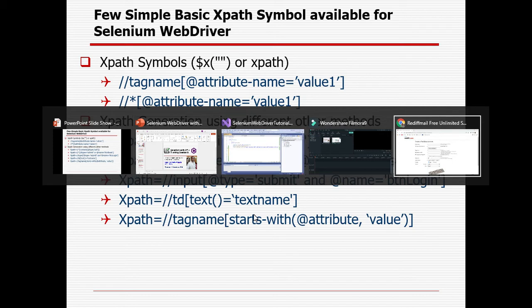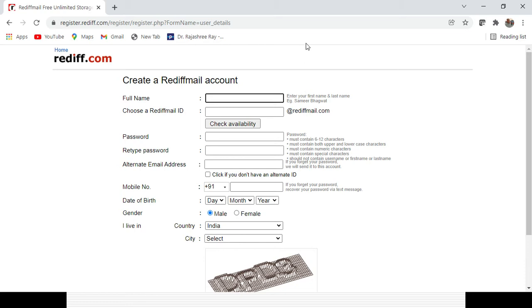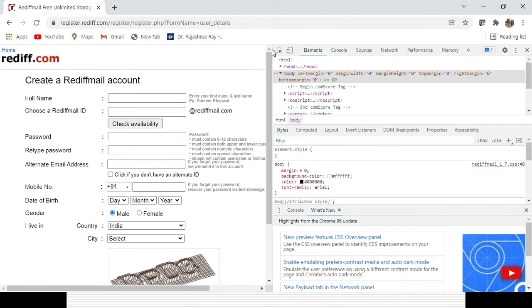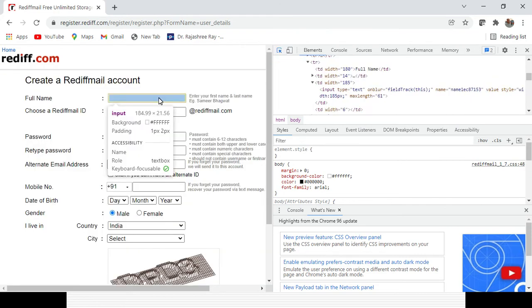Why, right? You could see this is the page. If you open the page and press the F12 button, you can create the XPath for any field. Let's click on the inspect element button, or Control Shift C, and place the mouse over the full name field.